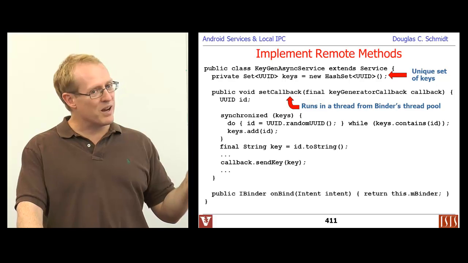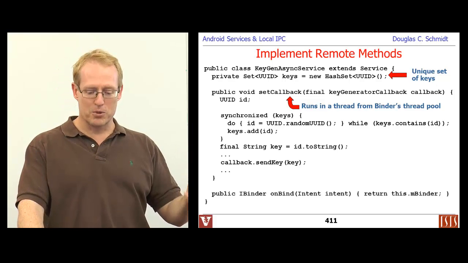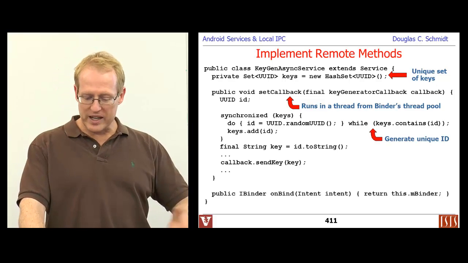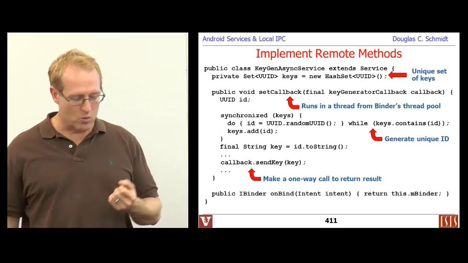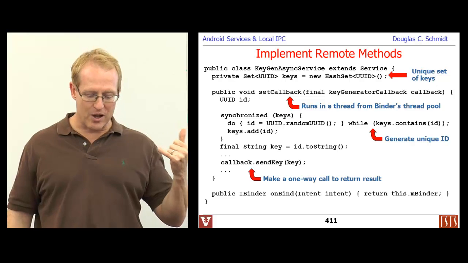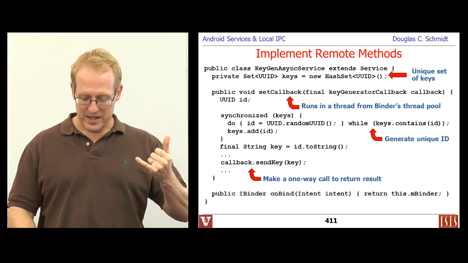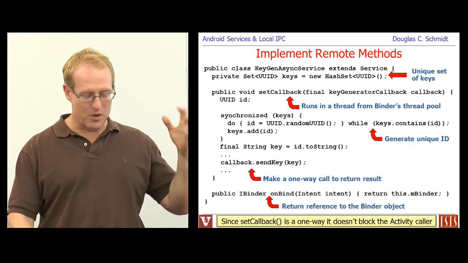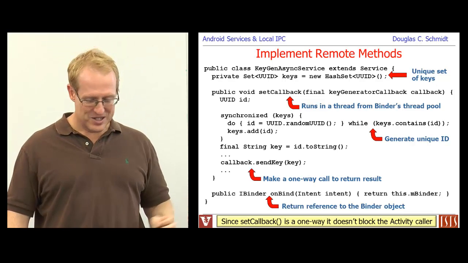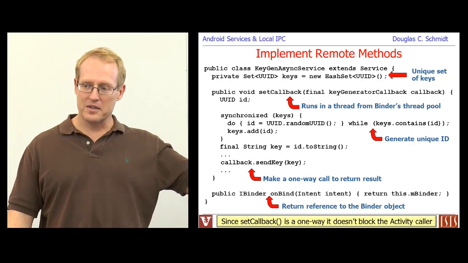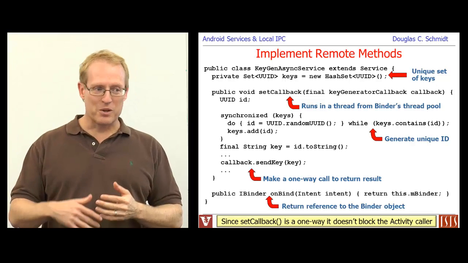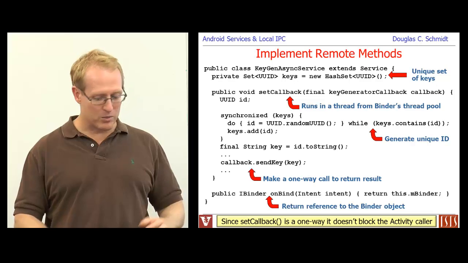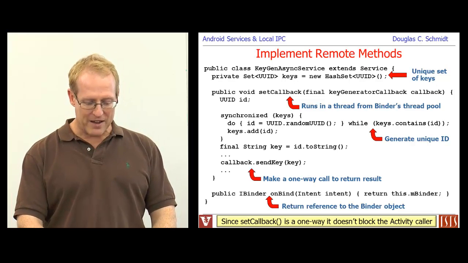And it runs in a thread that's taken out of the binder's thread pool. We generate the unique ID as we did before. And then at some point, we're going to take that callback and we're going to say callback send key. And of course, that is a one-way call as well. So that one-way call is going to be used to send the data back over to the client. Now, what makes this interesting and much more powerful than the two-way model we looked at before is I don't have to call